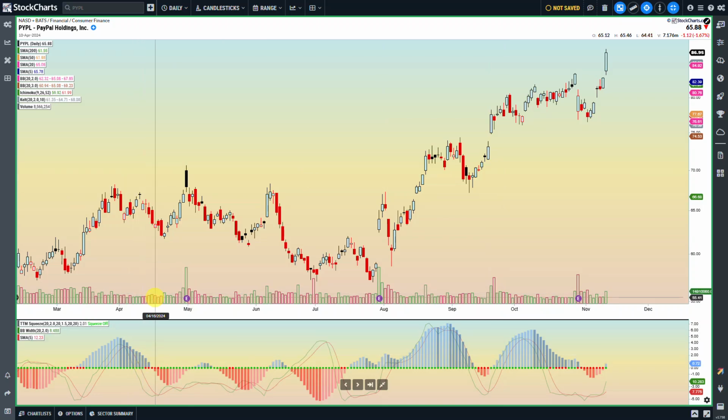There are times here where it was in the red over here. So this was the squeeze. It went green. That green with the momentum pointing down or red would have told you that you wanted to short this or sell it or buy a put. And quite frankly, it would not have been a good call at that time. So yeah, it's not perfect. Nothing is. But I don't use this alone. I use other factors to make a decision. And on that note, let's get to the